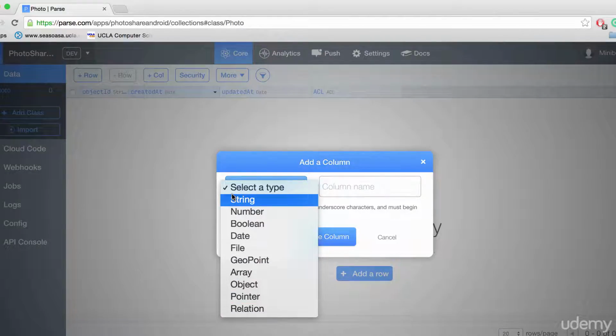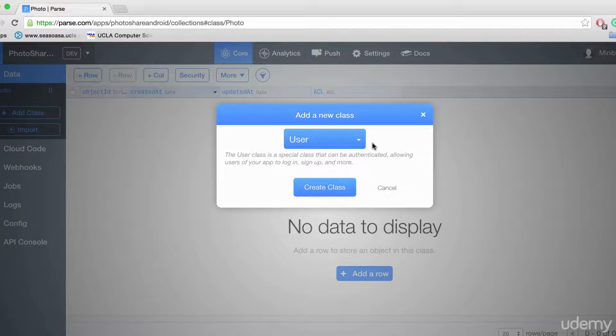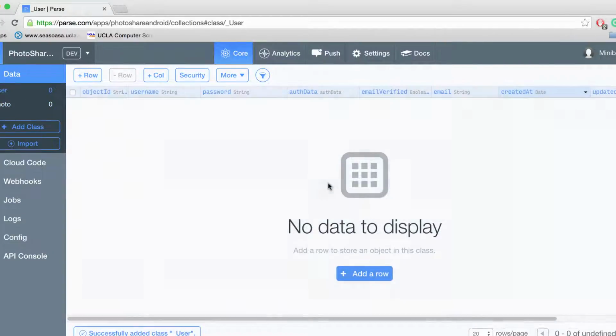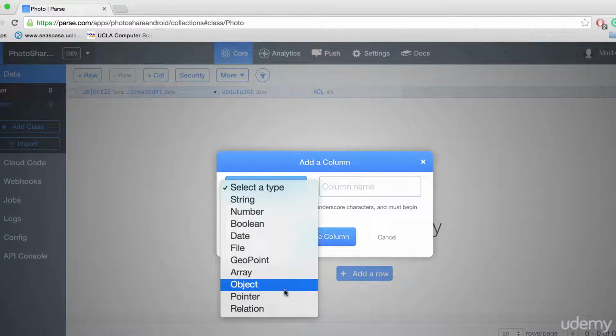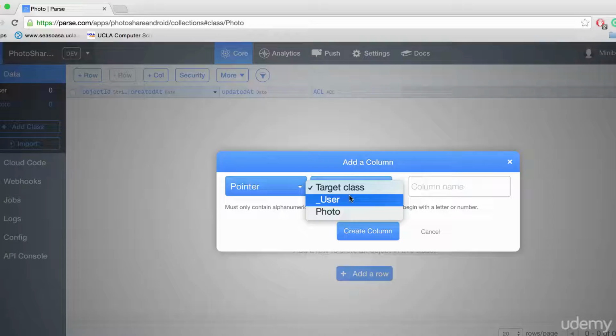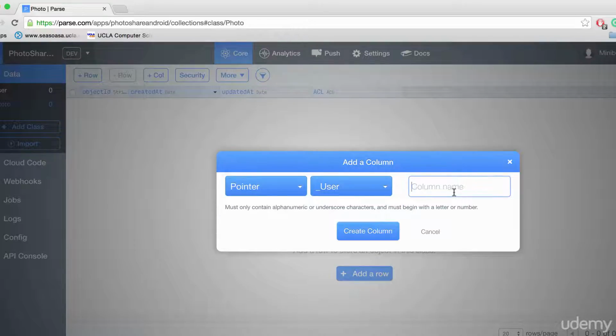Every photo is going to be assigned to a user, right? So we need a user class. Now Parse has a user class built in already, so we can just create a user class and boom, that's done. You'll notice that each user has a username, password, some other fields like if the email is verified, and the user's email. Now let's go back to our photo class, and we want to create a pointer to that user, which is basically a reference to a user object, and we're going to call this column